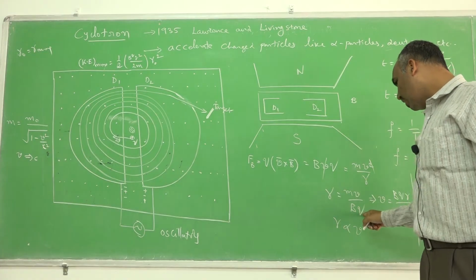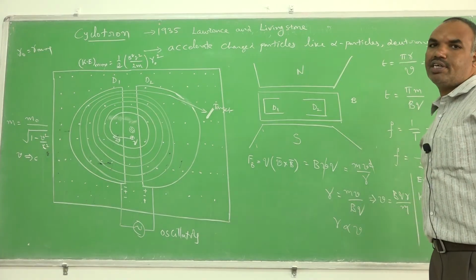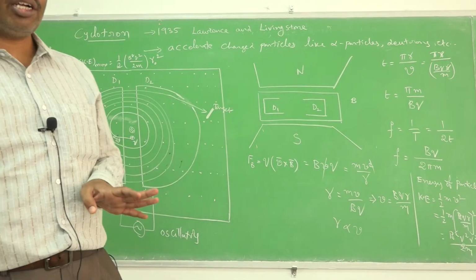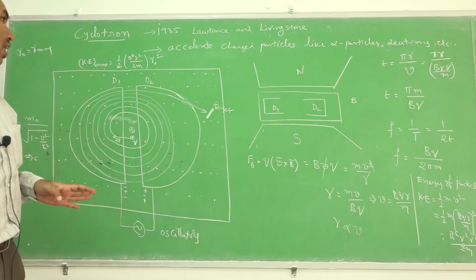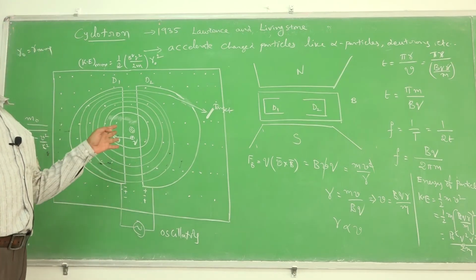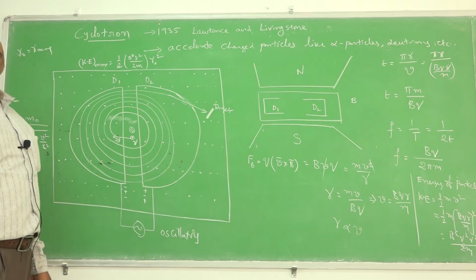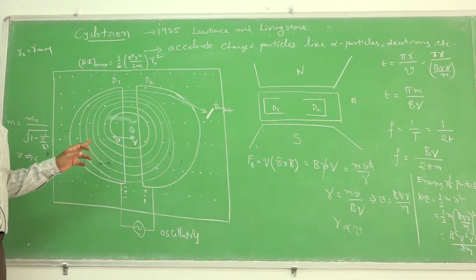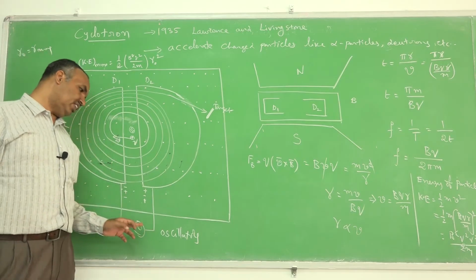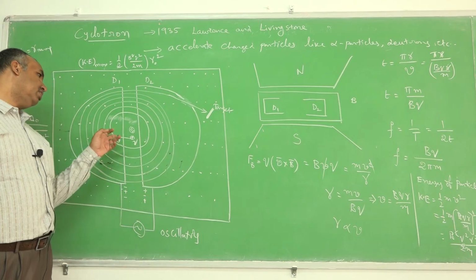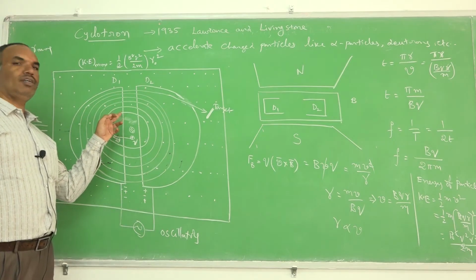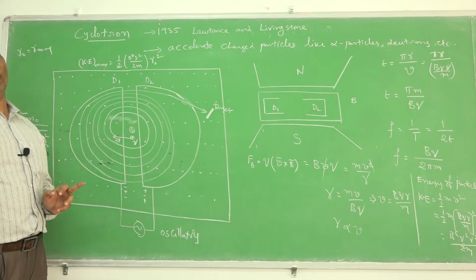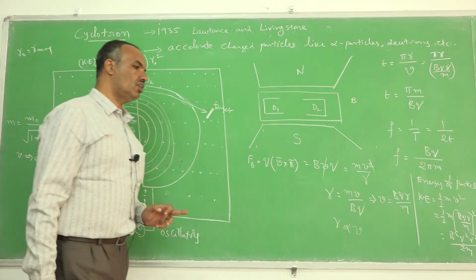Once they don't have charge, the radius of the path becomes infinity. So it is not possible to accelerate neutral particles like neutrons. It is not possible to accelerate very light particles like electrons. All the remaining heavy charged particles can be accelerated by the cyclotron by adjusting the frequency of the oscillator such that soon after completion of the semicircular motion of a particle, the polarity on the D should change. So this is about the cyclotron.